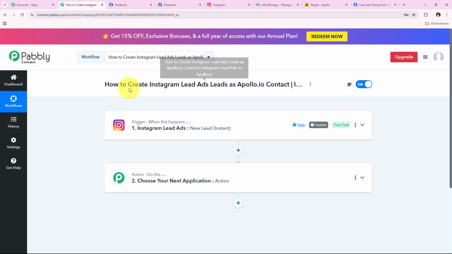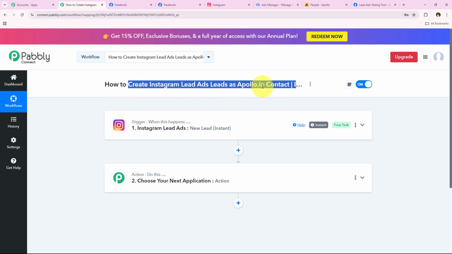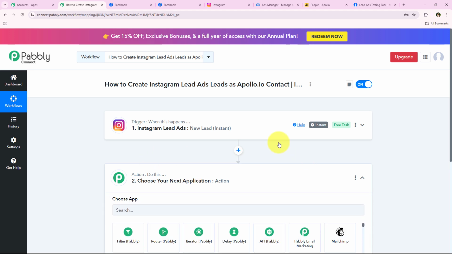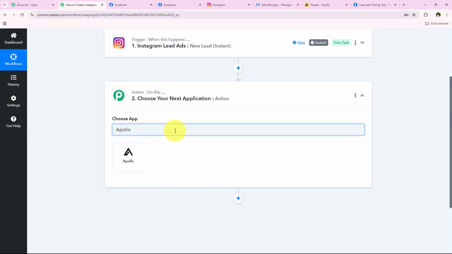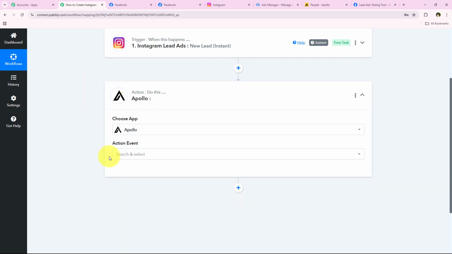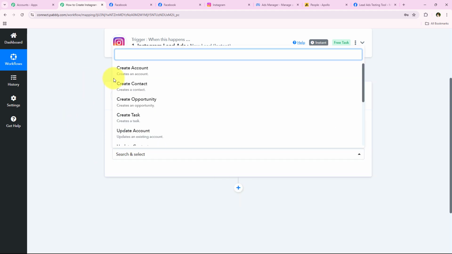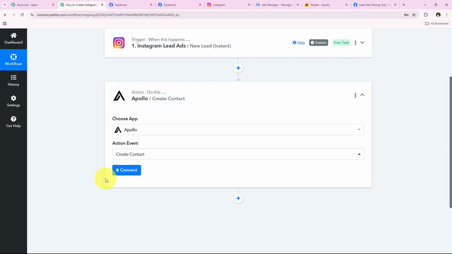So now what I want is to create Instagram lead ads as Apollo.io contacts. Okay, so I want to create a contact with the help of the same lead details in Apollo.io. So for my action application, we have to select Apollo.io. So I'm going to search for Apollo, and then we're going to select it. And now for the action event, we have to select Create Contact, and again we are going to